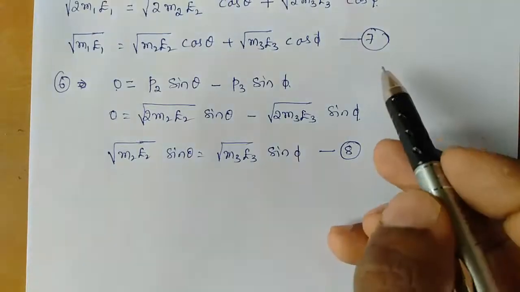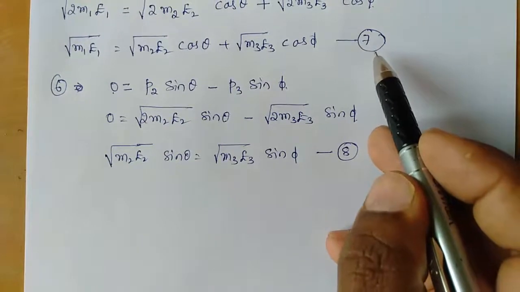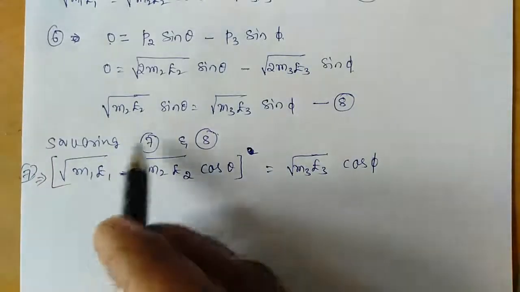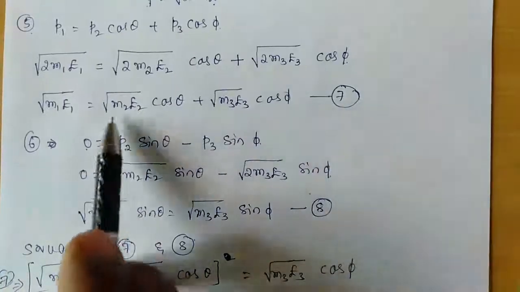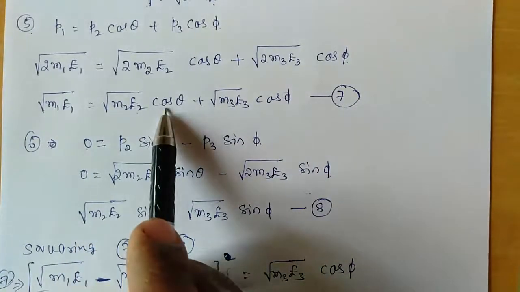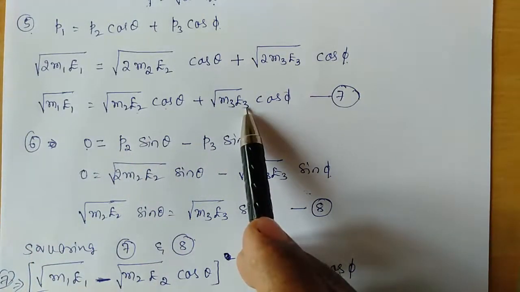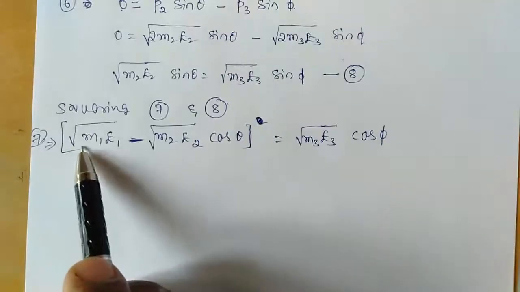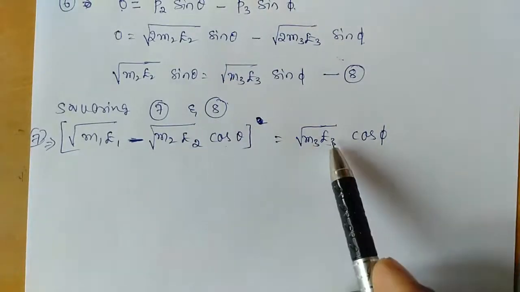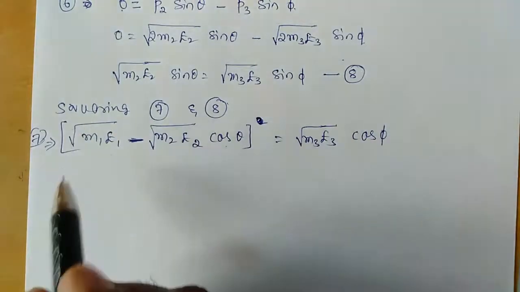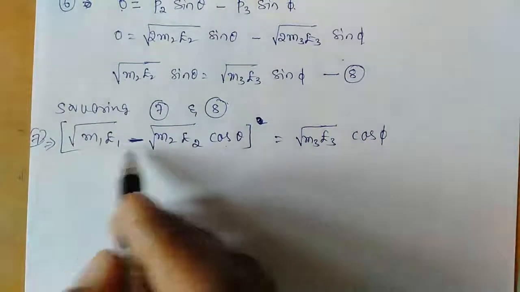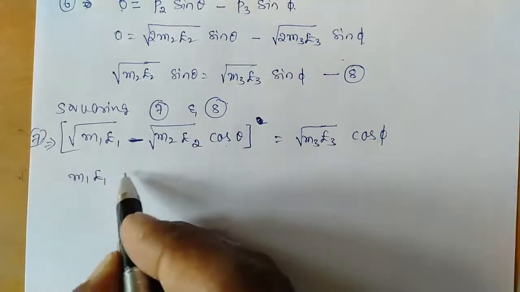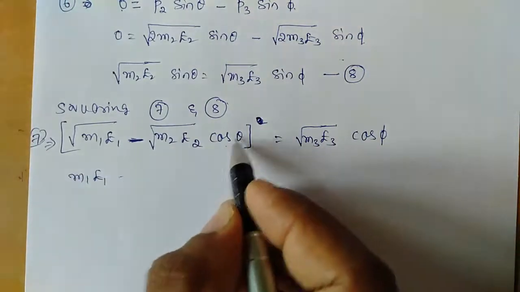Now the next step is to square equation number 7, so I'll rewrite equation number 7. I'll take the square root of m2 E2 cos theta to the left hand side. Why? Because we need to calculate E3. So I'll rewrite this equation in this format, taking the m2 E2 cos theta term, which was on the right hand side, to the left hand side. Now squaring this equation, we get m1 E1, and here it is a square